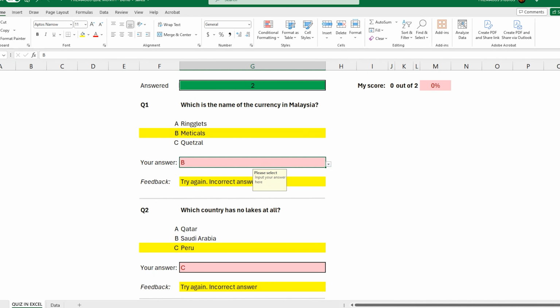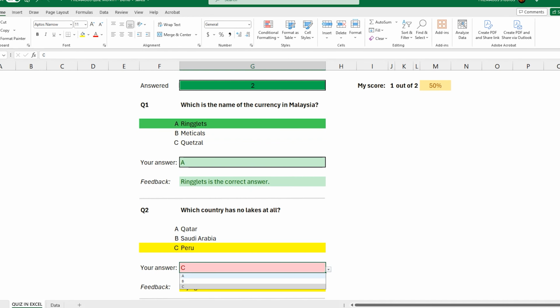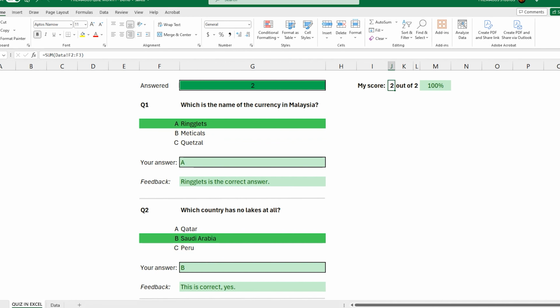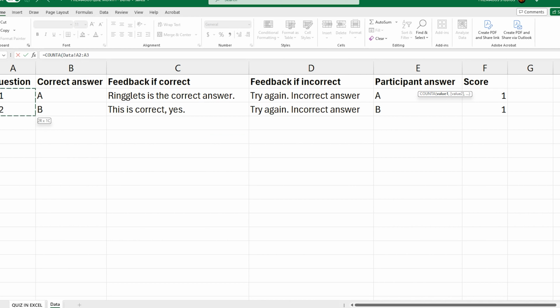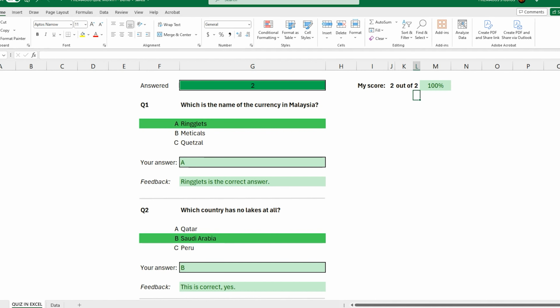If we change it to the correct ones, so let's say here A and here B, we have 2. It's working fine. Then for the total number of questions, we can put here an equal sign, a count A again, because we want to count the number of questions, which in our case is 2, close parentheses and hit enter, 2 out of 2.